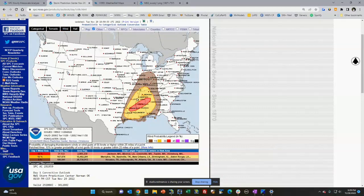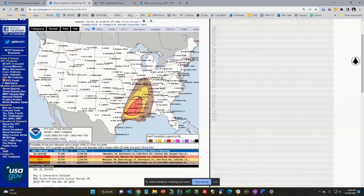As far as the high wind risk, so this would be of 57 miles an hour or higher, there's a pretty large area of potential for severe winds, and that includes all of West Tennessee, East Arkansas, North Mississippi. Higher values, again, down through that corridor in central Mississippi where the greatest chance of severe weather is, but a 15% risk of seeing winds of 60 miles an hour or so within 25 miles of us yet this evening. And then for the hail risk,